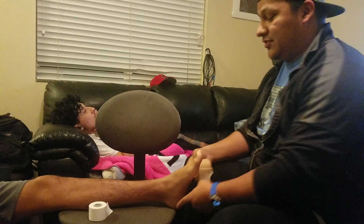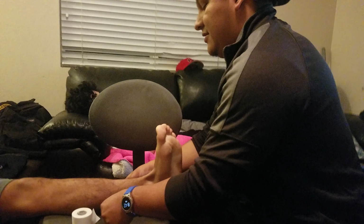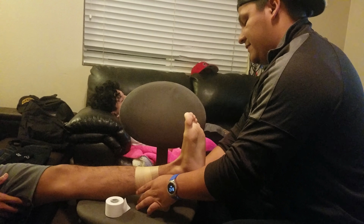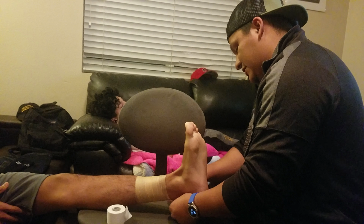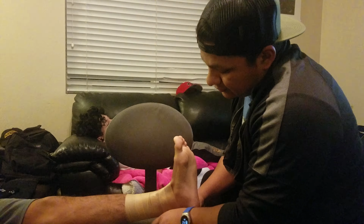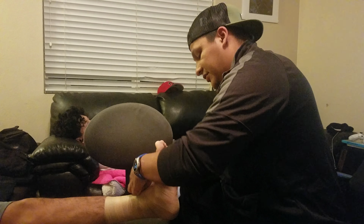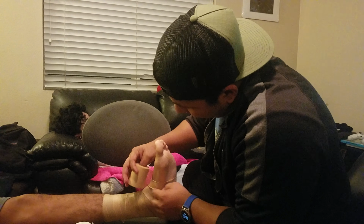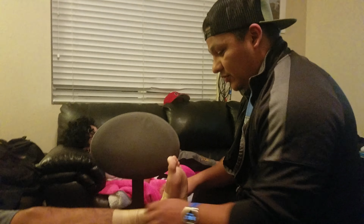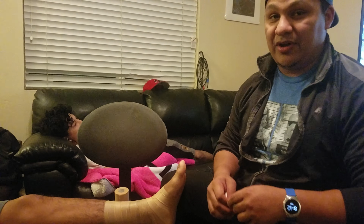sports. First thing we're going to do is go ahead and come up just like so. We're going to start right underneath the gastrocnemius, so right at the belly of it. So about there. Good. And then we're going to stop right at the midpoint of his arch, right about there. And for all of that, we want to keep his ankle in dorsiflexion or neutral. So first two things we're going to do is we're going to start off by putting our base